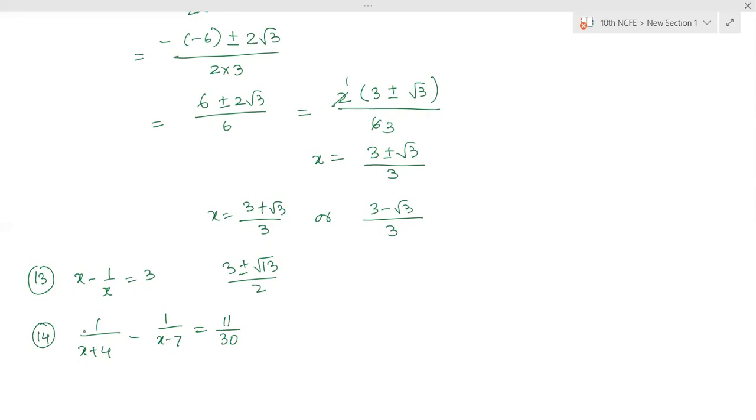Eleven in the numerator cancels directly. Don't try to multiply, then only it will be easier. Minus 11 on one side and 11 on the other side, so minus 1 will remain there. Yes, it is right. One side is minus 11 and the second side is 11, so when you divide, in place of minus 11, minus 1 will be there. Then cross multiply.